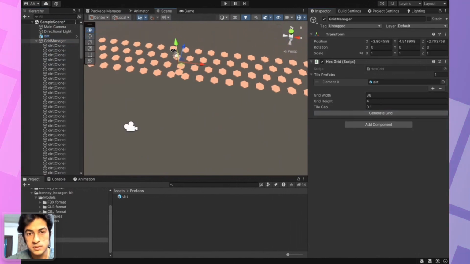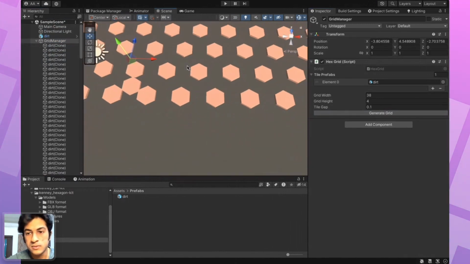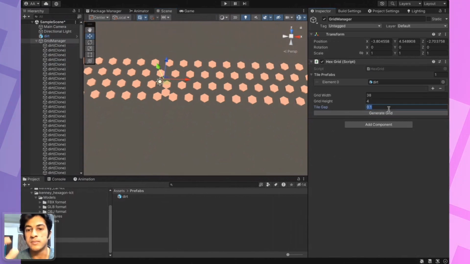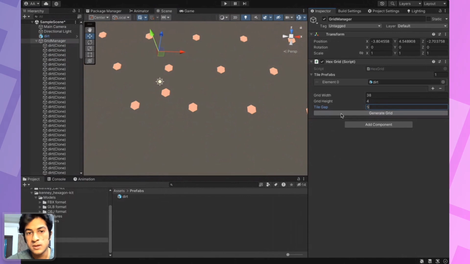Okay, this is how it looks right now. Let's bring them a little bit closer and see if that works. Generate. It didn't work. Okay, let's try to increase. That is too far apart. Let's bring it back.